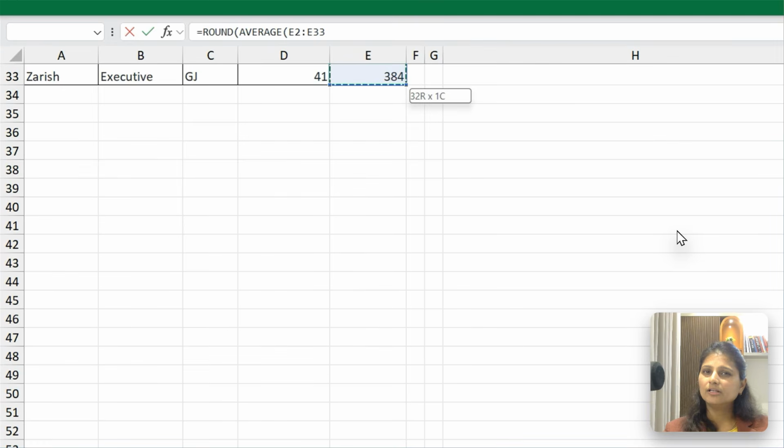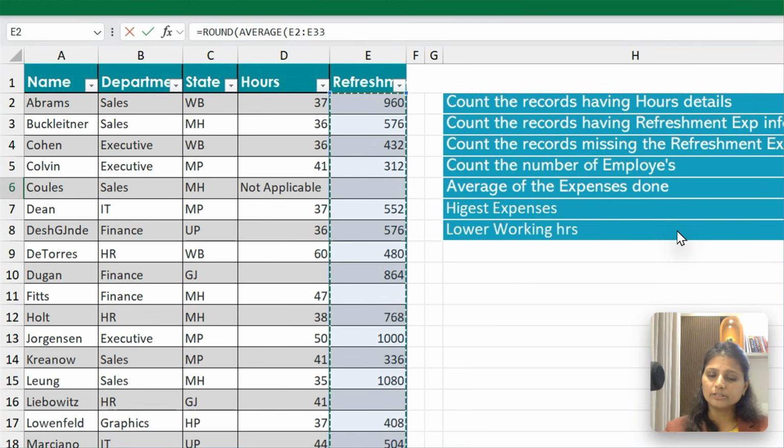Once I'm at the end, I'll say control shift up. Now one care you need to take over here is remember to close the bracket of round. Remember to close the bracket of average because you're done with your average. After the closing bracket of average, give comma, and now you can see you are at the next parameter called